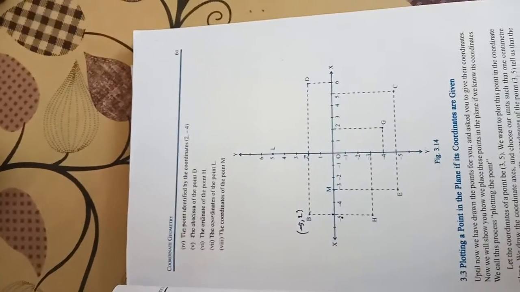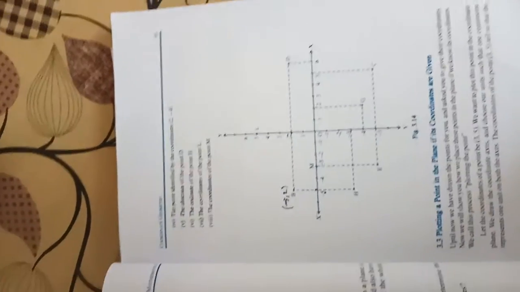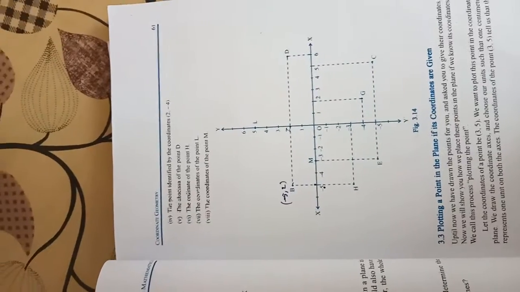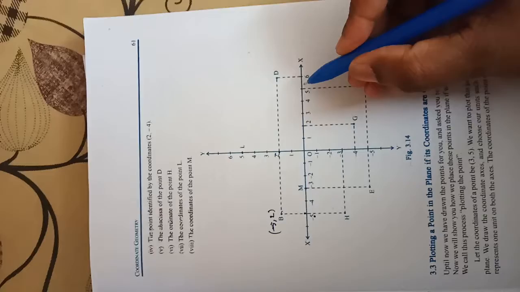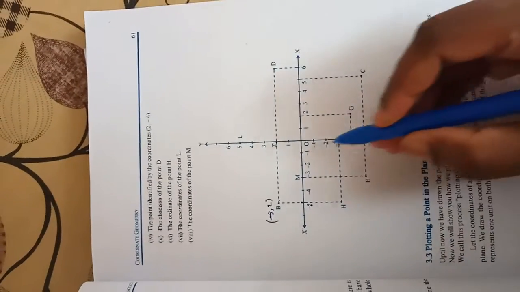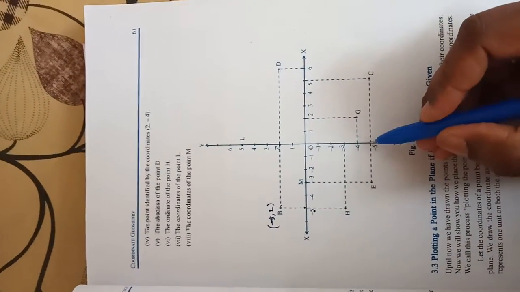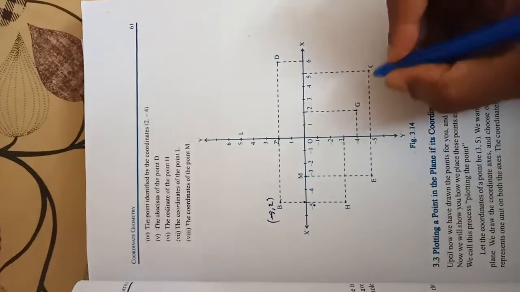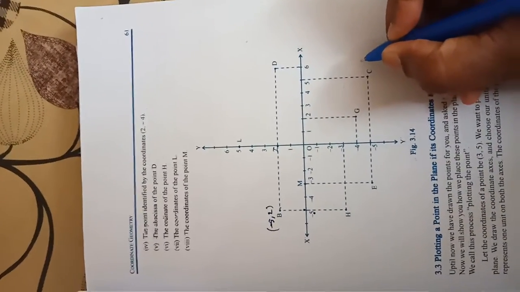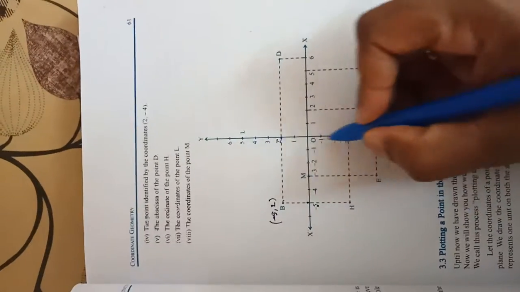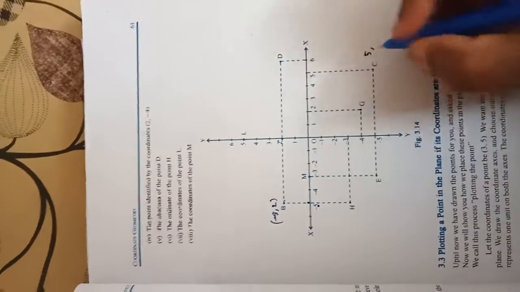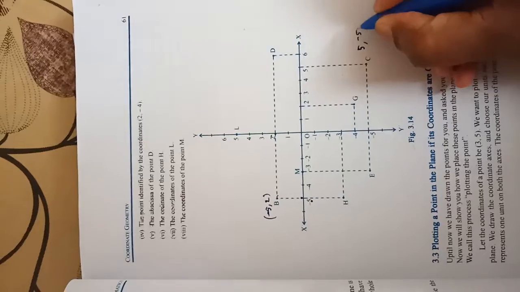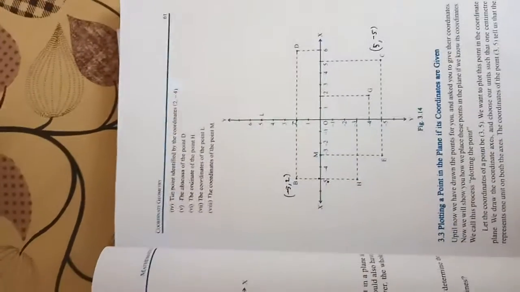Next question, second part. The coordinate of C. What is the coordinate of C? C is here. Check x-axis. This is x-axis, that is 5. Y-axis, this is -5. You should take the negative. If it is negative, you should take negative also. So first I am writing x, that is +5. Next y point, that is -5. So the coordinate of C is 5 comma -5.